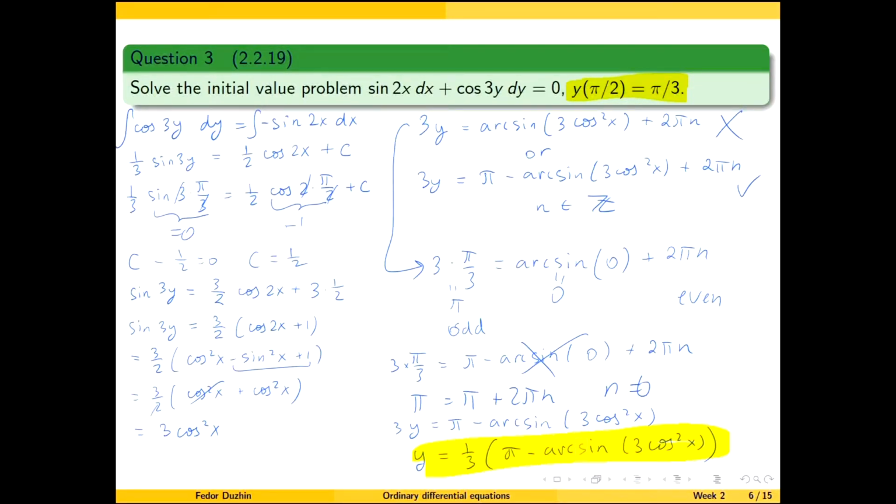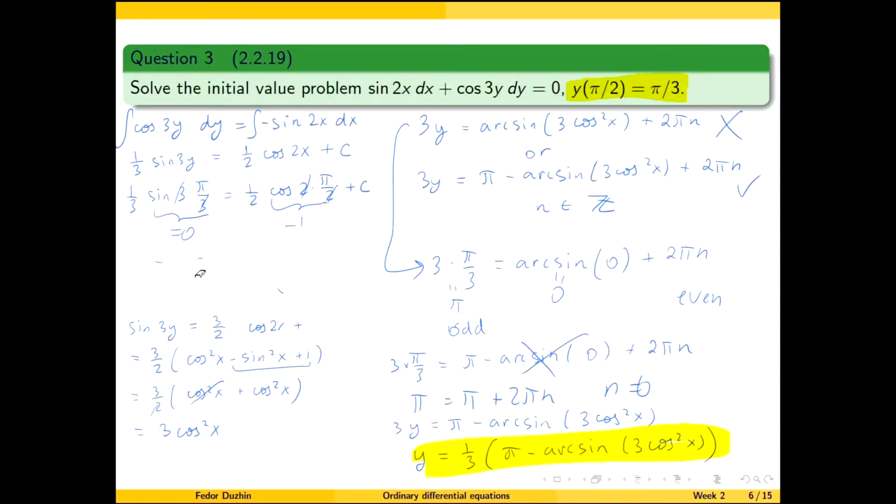Actually, well, almost, but not exactly, because there is a little issue here. Let me explain what the issue is. Maybe to demonstrate what the issue is, let me just erase some of the stuff. What I want to say is that